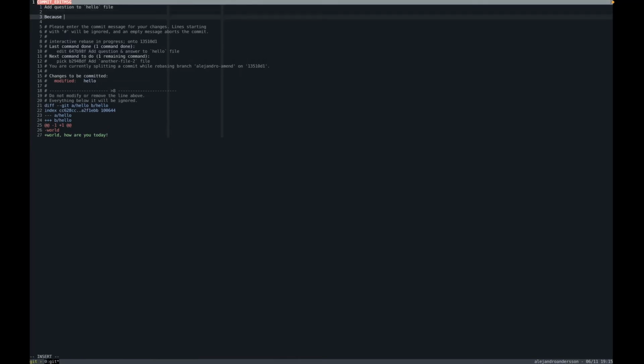Now note that I have to retype my commit message. So there are ways to take back your commit message as well, like bring